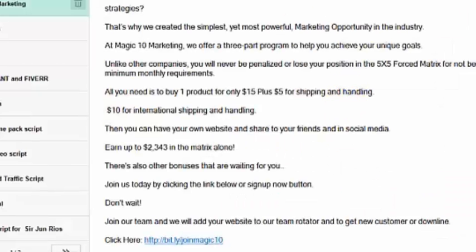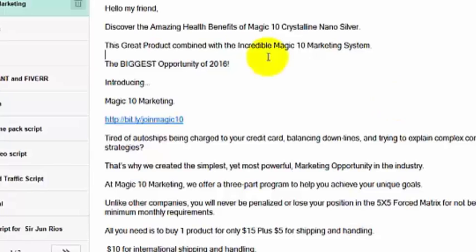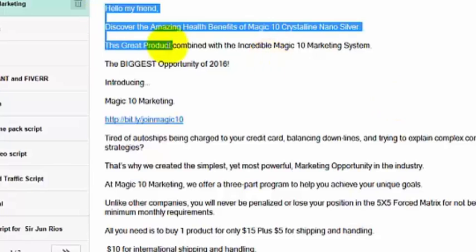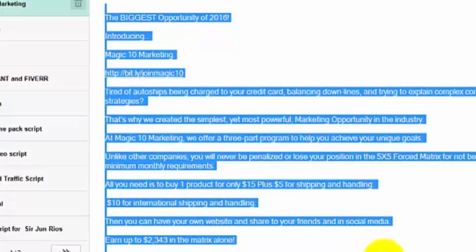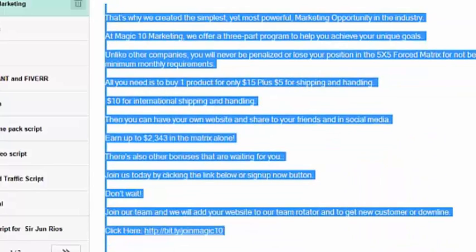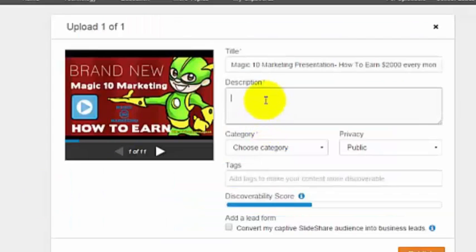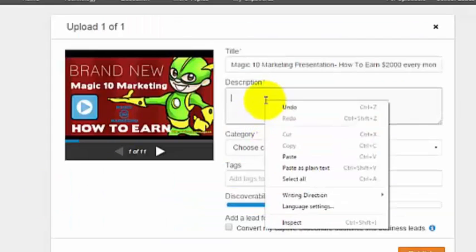Right now I have an article, and all I need is to copy and paste this article into the description. Just copy your article and then paste it in the description box.